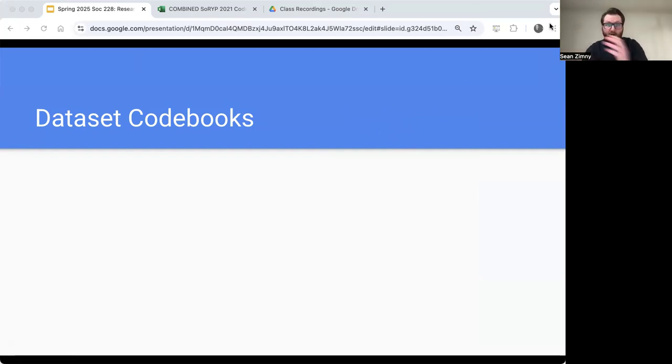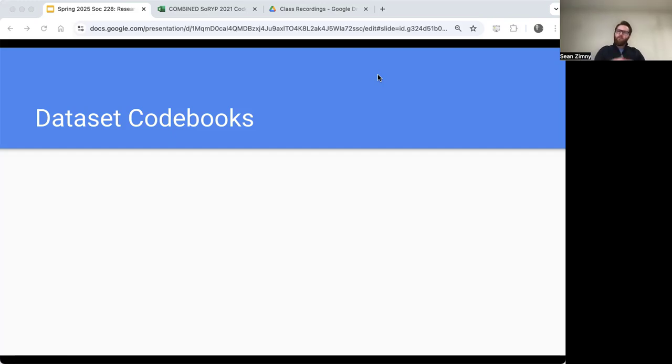We talked a little bit about what coding looks like, but a codebook is a critical document or tool used in the context of data analysis and research to provide more detailed information in describing a data set. A codebook serves as a guide that explains the structure, the content, and actual meaning of the data. So it makes it easier for us as researchers or analysts to interpret and use the data set